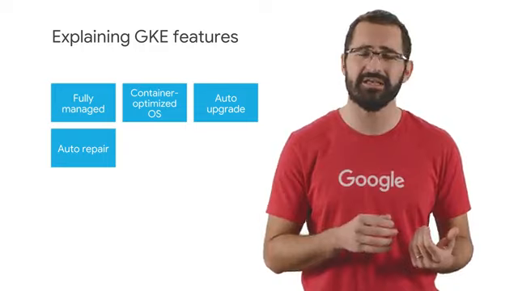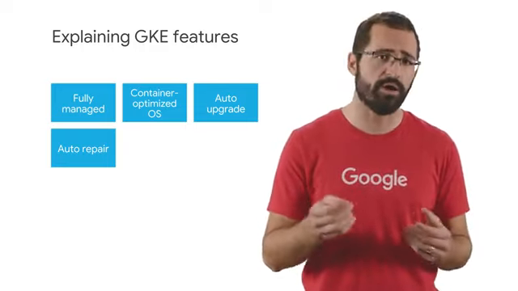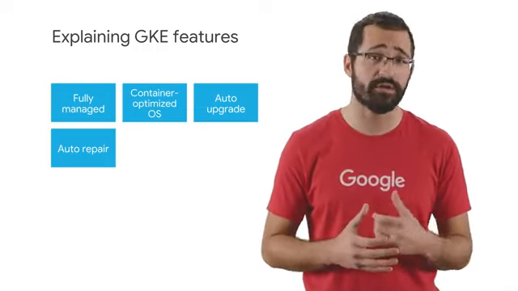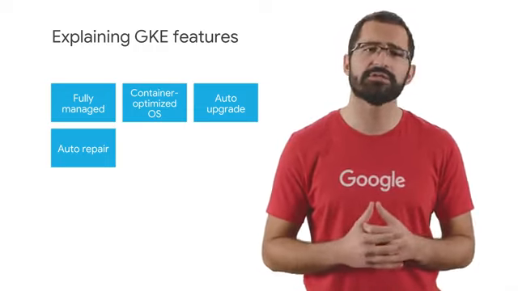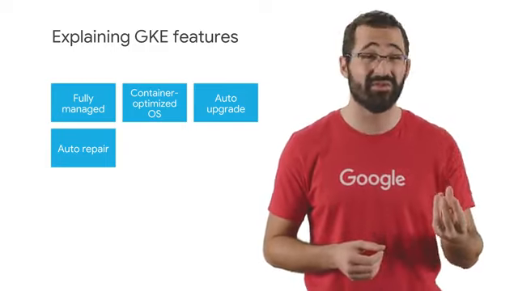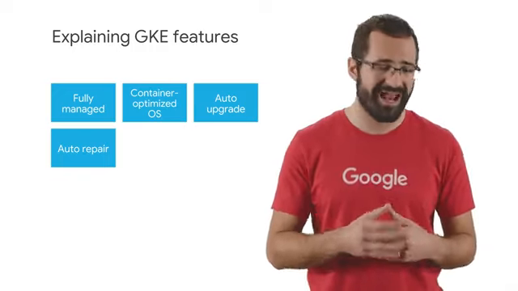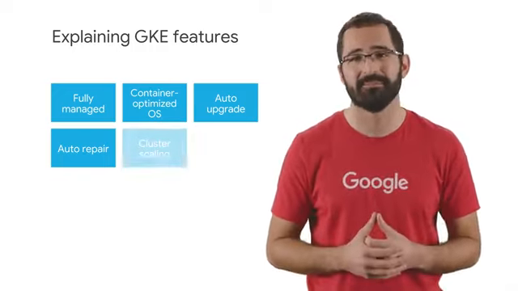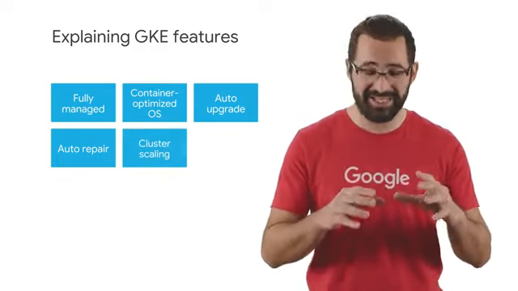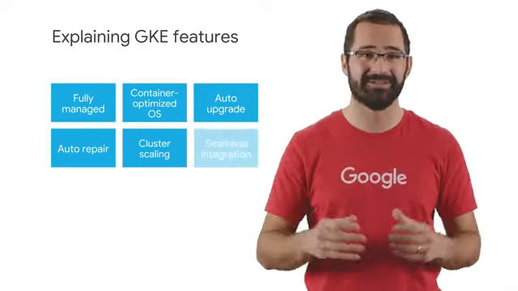If you enable GKE's auto repair feature, the service will automatically repair unhealthy nodes for you. It'll make periodic health checks on each node in the cluster. If a node is determined to be unhealthy and requires repair, GKE will drain the node. In other words, it'll cause its workloads to gracefully exit and then recreate that node. Just as Kubernetes supports scaling workloads, GKE supports scaling the cluster itself.